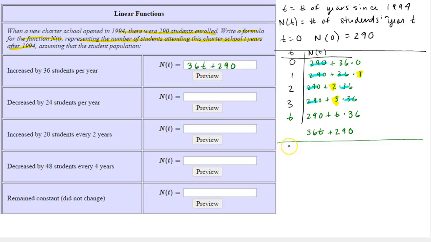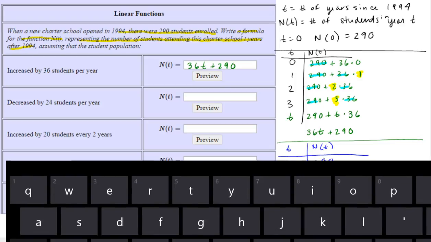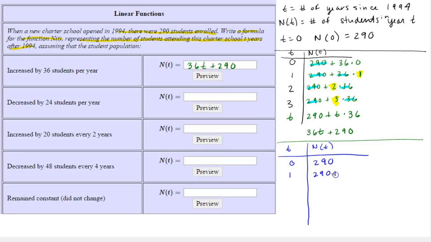So now we have t and n of t, and we're going to start with 0 and 290 because they gave that as our starting information. But now they're saying it decreases by 24 students per year. So in the first year, we'd have 290, and I'm going to put plus a negative 24. So we're going to add on one negative 24. They lose 24 students. The next year,